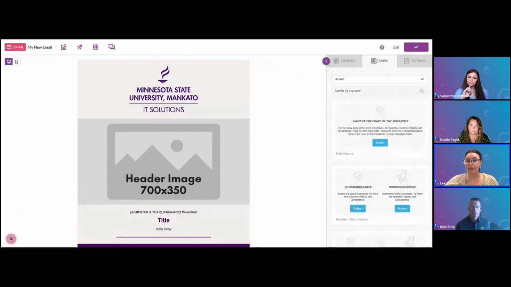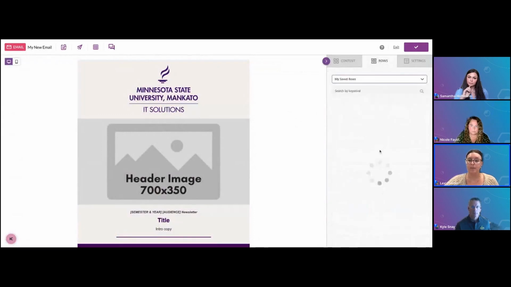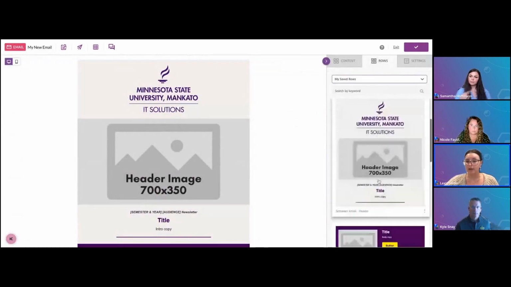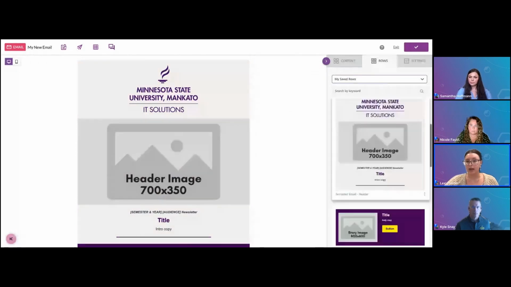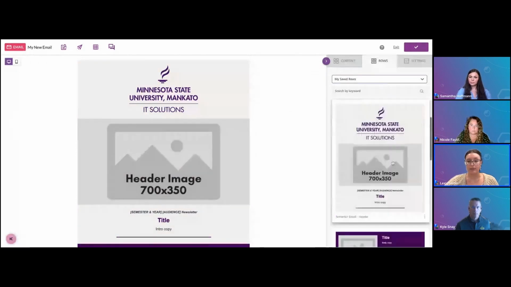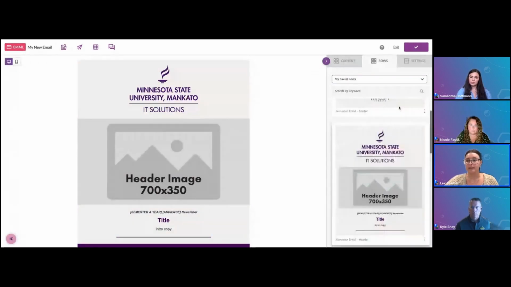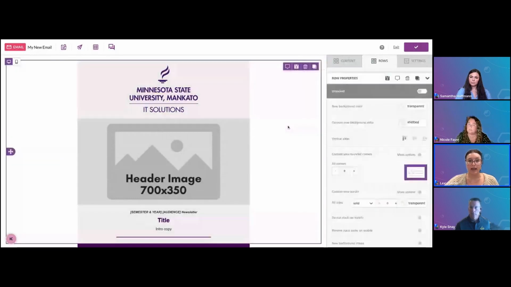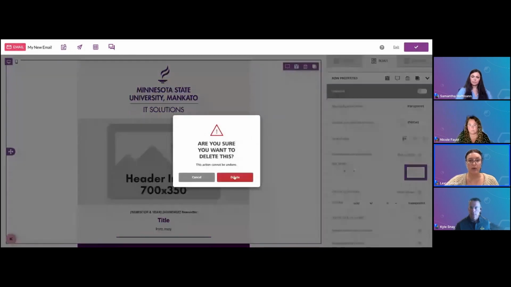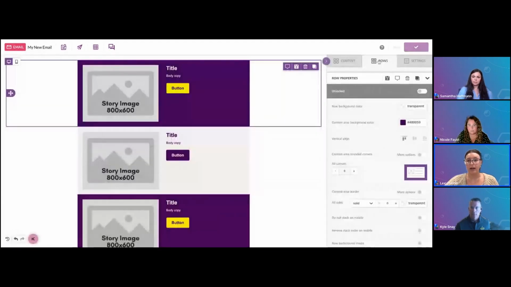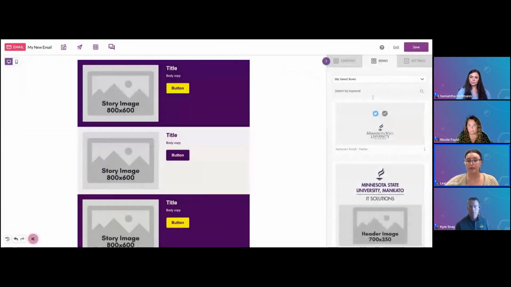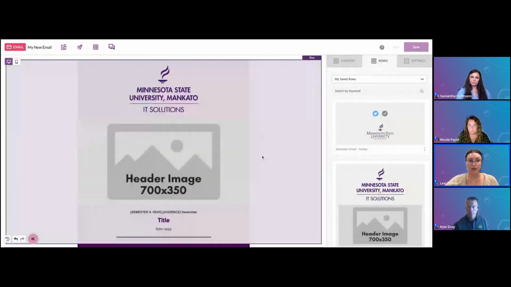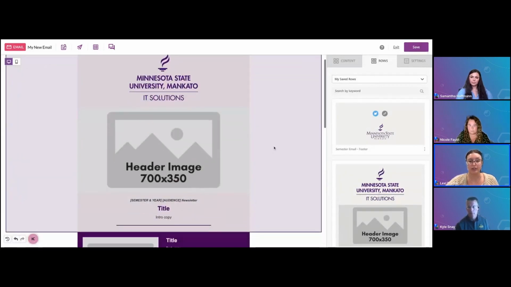So if you go to rows and then my saved rows, you can see that I already have a bunch of saved content in here. I pre-saved each of those rows in my template into this section as well. So when I'm in there designing, let's say I accidentally deleted something or something's not looking right, I can easily just go back to my rows, find the chunk and drag and drop. And then I don't have to go start all over, remake from a new template or anything. I can just drag and drop.